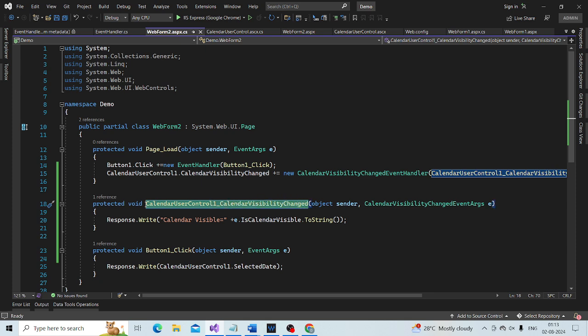This is the event handler method, CalendarUserControl1_CalendarVisibilityChange.